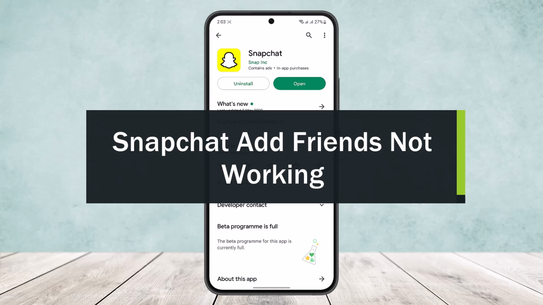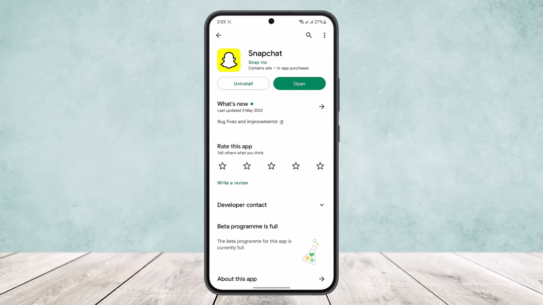Today I'll guide you on how you can fix your Snapchat add friend option not working. Now, the first reason that you might not be able to add someone is because they have blocked you. If someone has blocked you, you'll not be able to view the profile or add them again. This might be the issue, but if you're not able to add anybody, then it might just be a